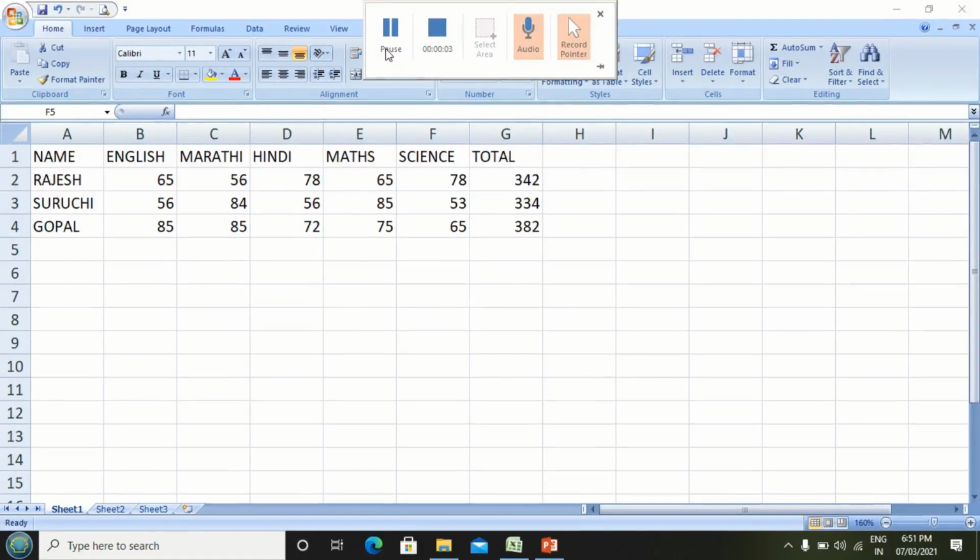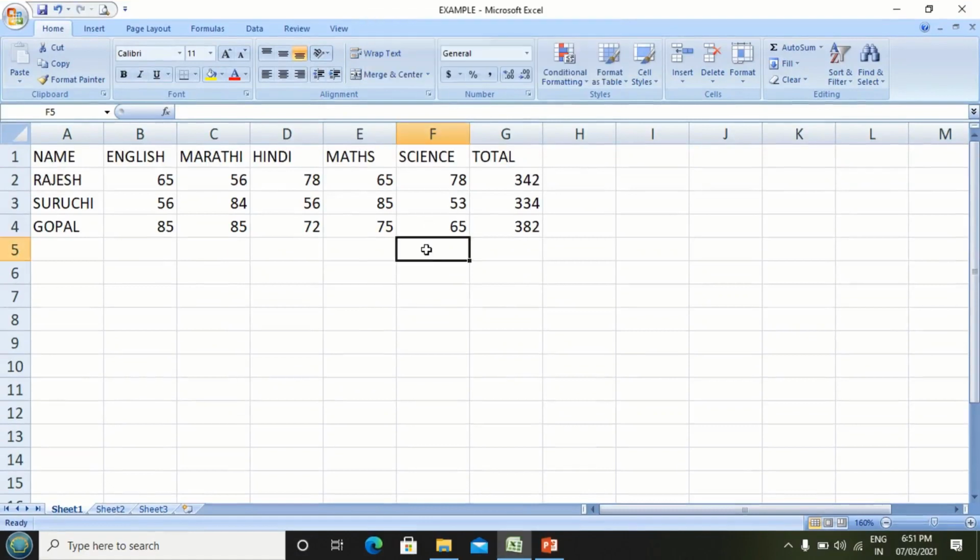Let's see the count function in demonstration. Here we are going to count the number of cells which contain numbers. Just write count function here and the actual formula will be entered in the exact opposite cell.